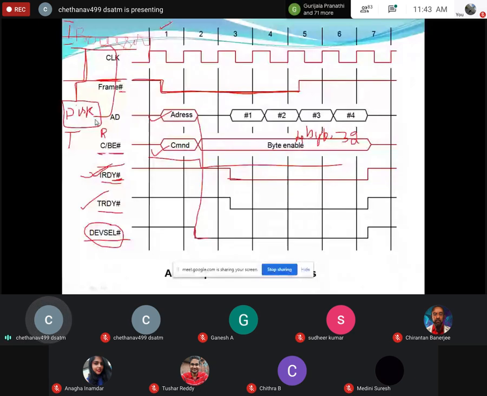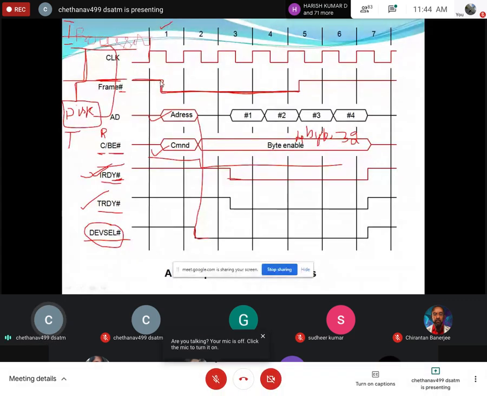Okay. So first thing is, I'm going to initiate the data to be read. A bulk amount of data will be read from the disk. For that purpose, what I should do, I should start my clock along with the frame signal. As soon as the frame signal is given, I give the address also, from which address location I want to read the data from the disk. So it will also put the address.